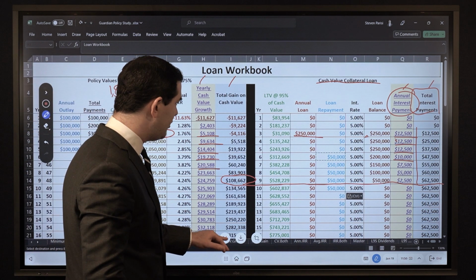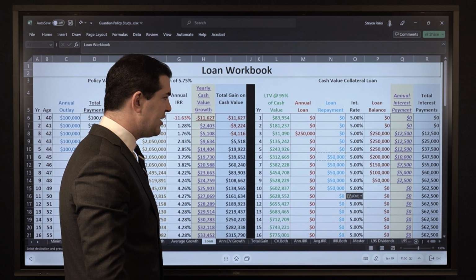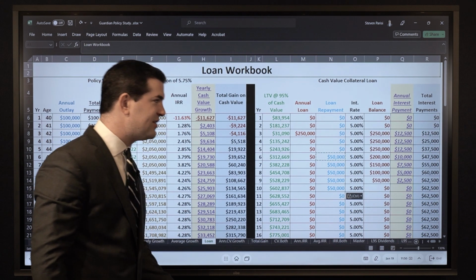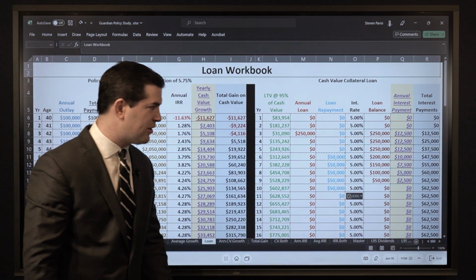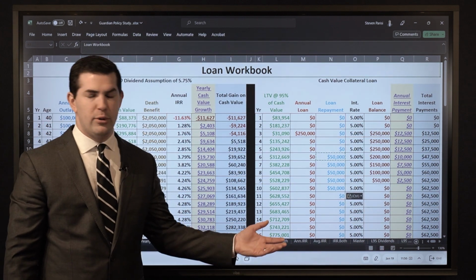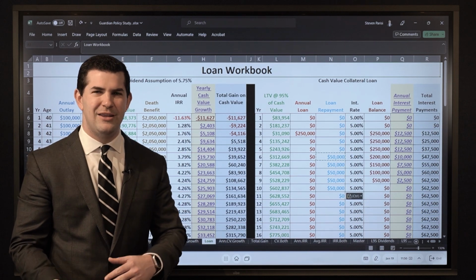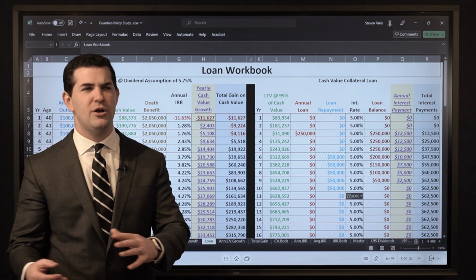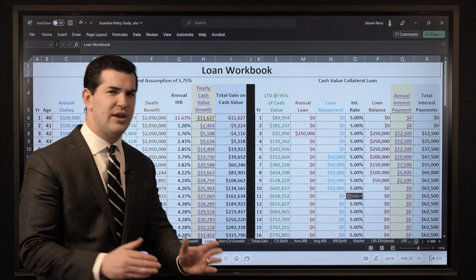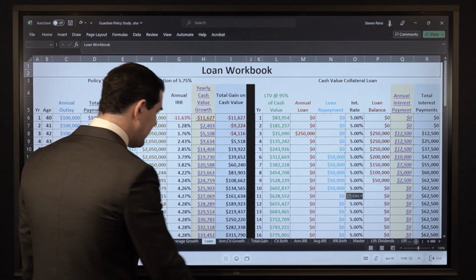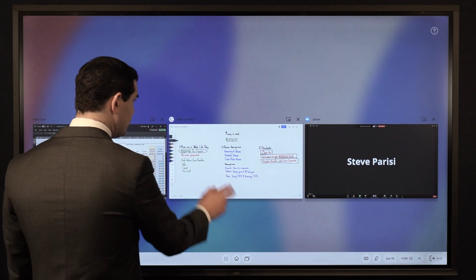But this is helpful for a lot of individuals just to get a quick idea of what things will look like. The numbers are not exact because the interest is based on an annual calculation. So for example, if you're making payments monthly, then you're going to chip away at the balance faster, most likely, which will result in less interest. So things like that have to be factored in as well. But again, it just lets us get a quick projection.